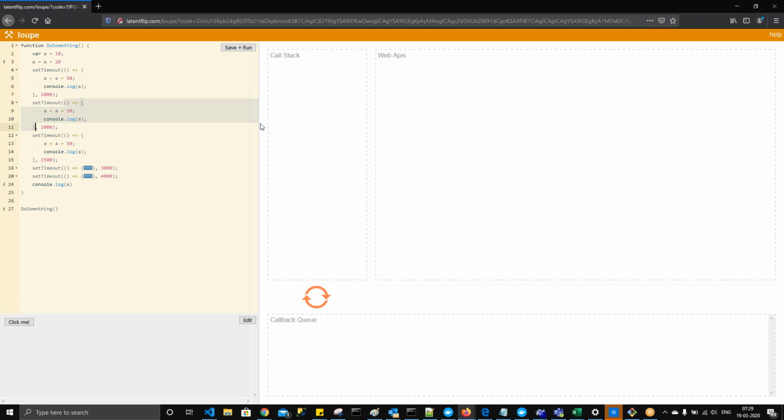So the way it gets executed in the web API, that order is being put in the callback queue. And now the callback queue is also synchronous processing. When 1000 comes first, it will send 1000 to the call stack. Then if 1500 comes to the callback queue, it sends 1500 to the call stack. So it is a FIFO approach. Let's say if you put just 10 millisecond,